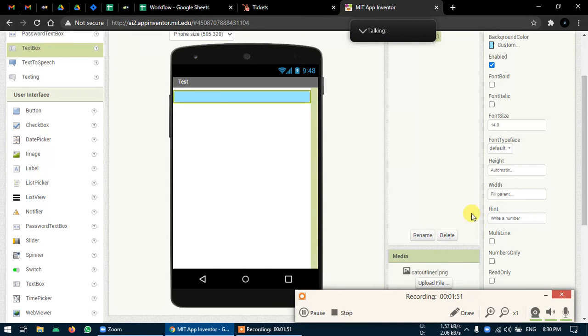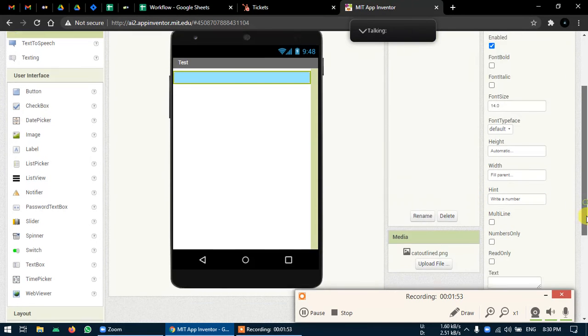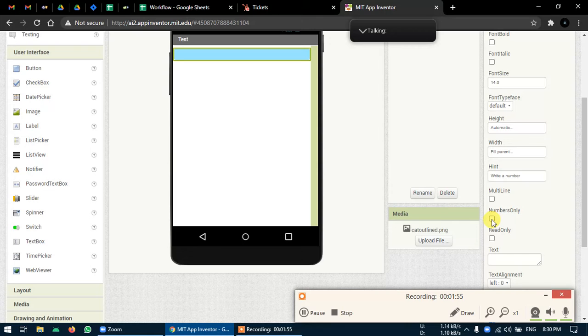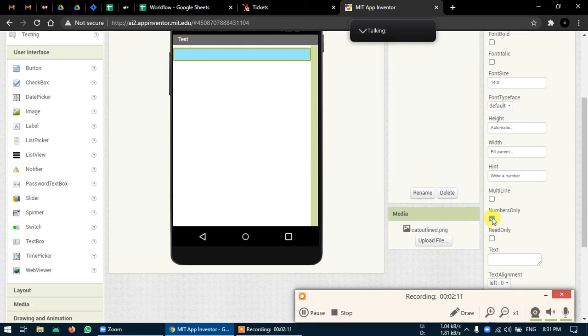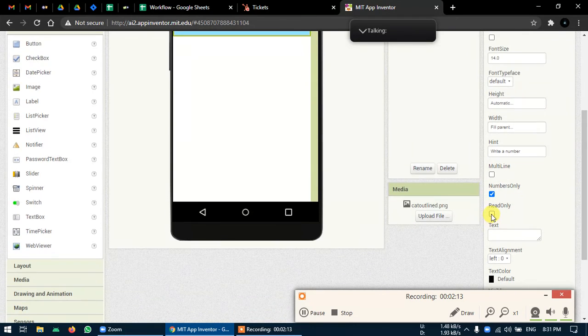and then it will be numbers only. We have a property called numbers only, which will only allow numbers to be input in this text field. Otherwise, the user would be able to write letters also. We don't want that, because this will only take numbers and then we can generate the table for that particular number. That's why I'm marking this numbers only. If it is read only, you won't be able to type there. If it is multi-line, like you want to type a paragraph or long sentence, you can use multi-line.